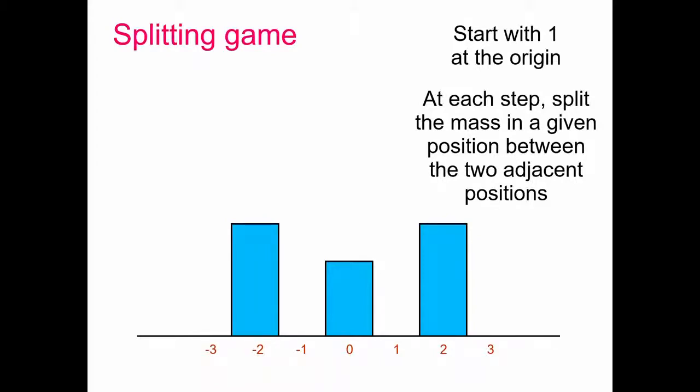Now, the splitting game is close to random walk, but not the same, because in the random walk, really at every time I'm splitting the distribution at all locations. Wherever the particle is, its distribution in the next step will split from the current distribution. So one step of the random walk kind of corresponds to n steps of the splitting process. And this really suggests that for the splitting process, you need n cubed moves to get half the mass to